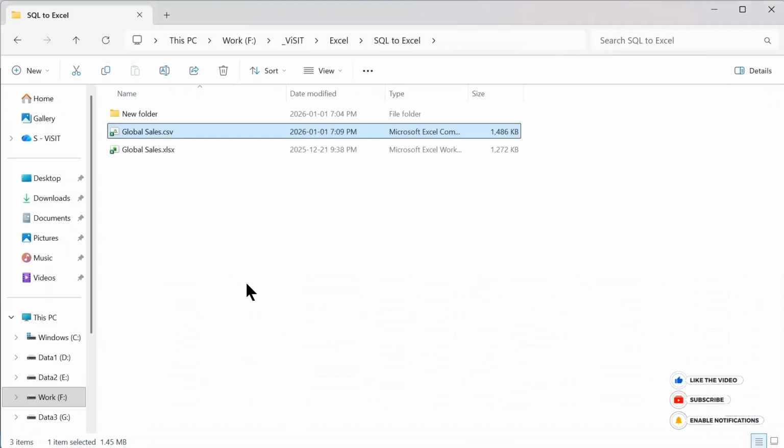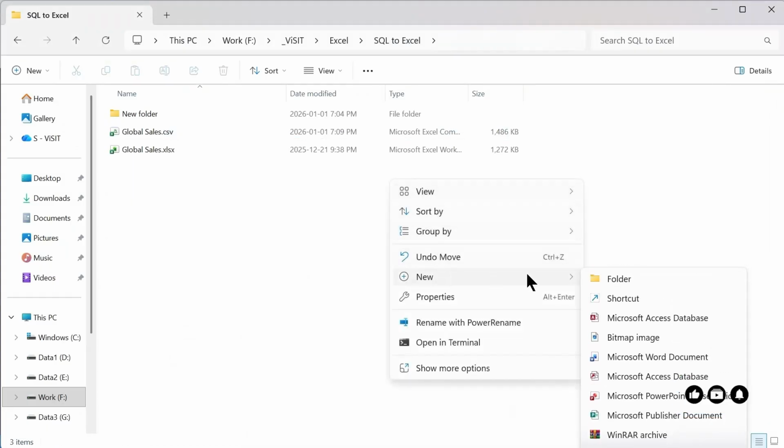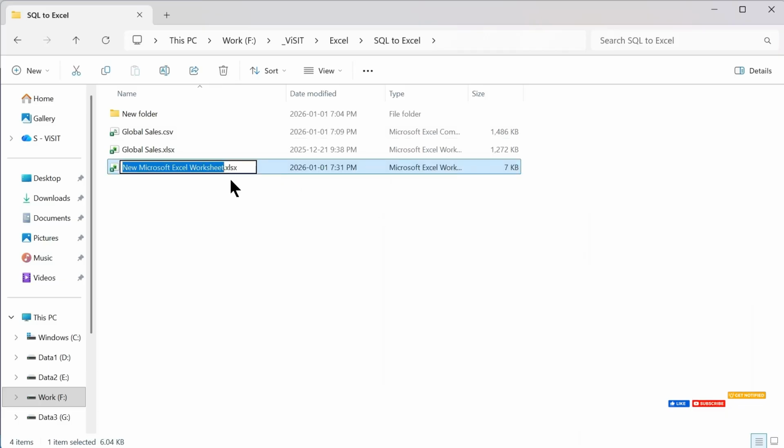So we'll go here and create a new Excel file and we will call this file reports and then we will open this file